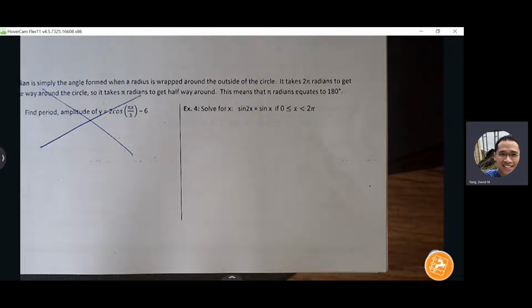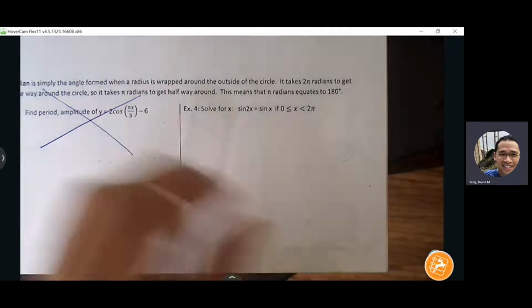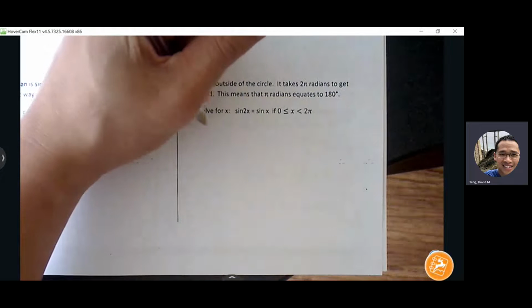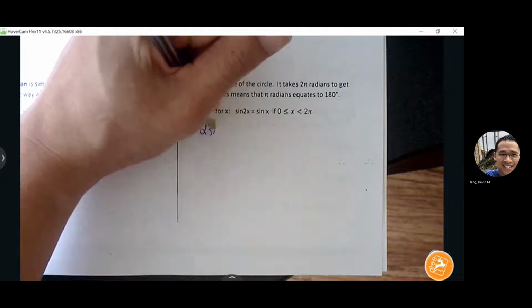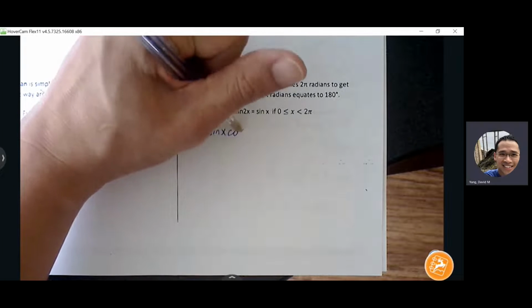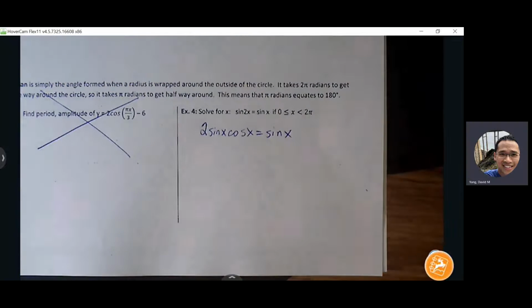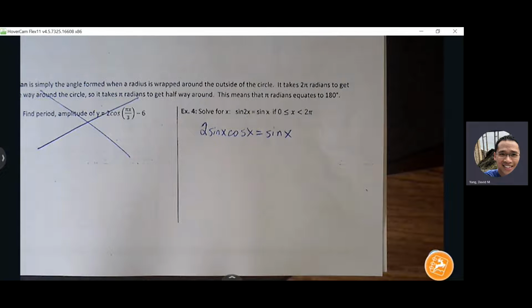Sine of 2x equals sine x. I want to find all the x values between 0 and 2 pi. So the first thing is, it looks like I can expand using the double angle identity. Sine of 2x can be expanded into 2 sine x cosine x. All right, I want to find all the solutions here,